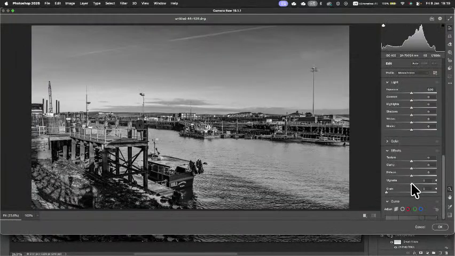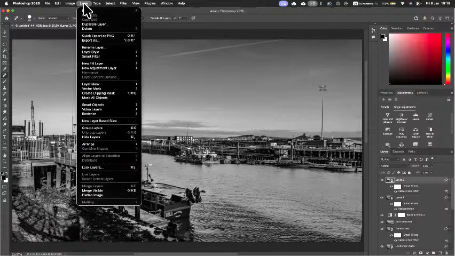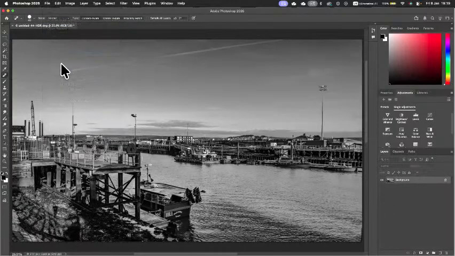I'm going to go down to the effects panel and just add a 5% minus 5 vignette. And it looks very nice now, and it's darkened the edges slightly, so that's good. And then all we're going to do is go up to layer, flatten image, and there we go. And then go to file, save,